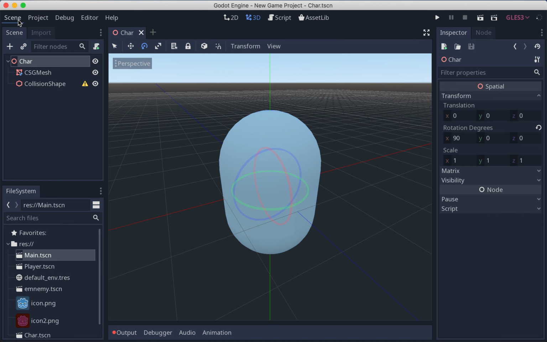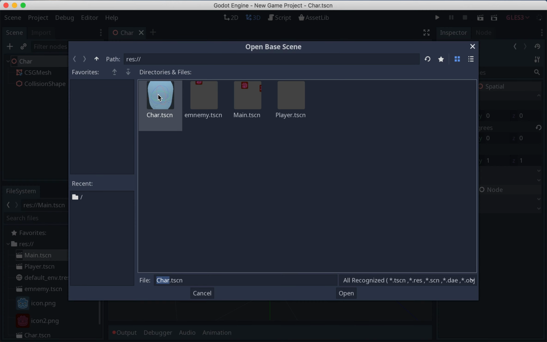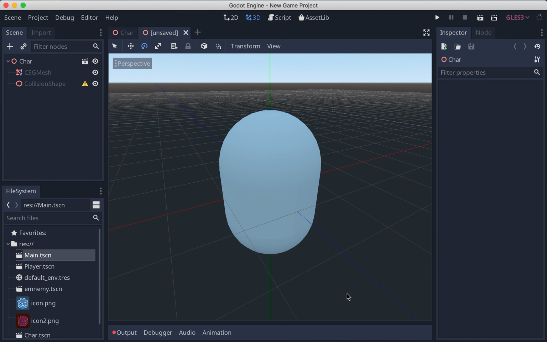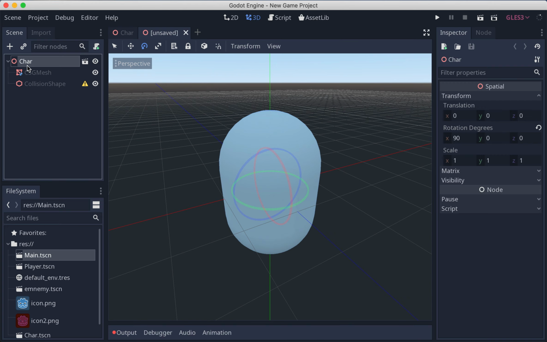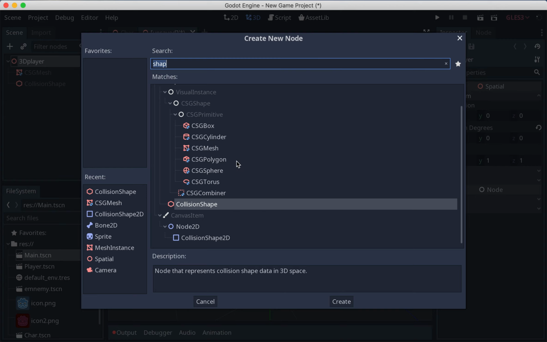And now we are going to create another scene, but instead of just creating a scene, we're going to do new inherited scene, and we want to inherit from character, so we can open that. Now we want to change this name to 3D player, because I already have another 2D player. And then we can add anything we want here. So say we want to add a